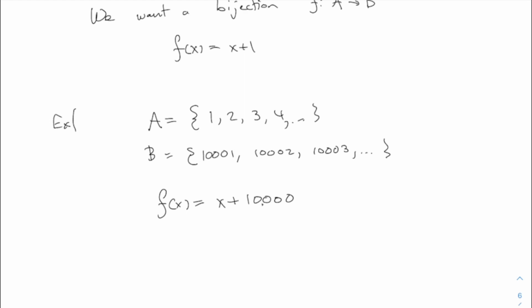The last verse of Amazing Grace is about when we all die and go to heaven, we're going to be there a long time. And what it says is, when we've been there 10,000 years, bright shining as the sun, we've no less days to sing God's praise than when we first begun. Meaning, after you've been in heaven for 10,000 years, the remaining duration for which you will be in heaven is actually the same as when you started. That's kind of like saying these two infinite sets are the same size, right? All right, much more on this next time.